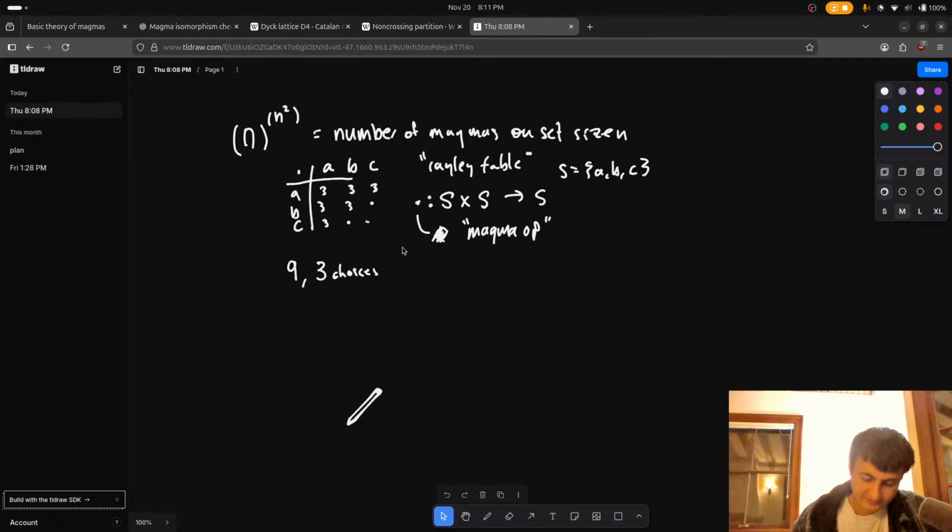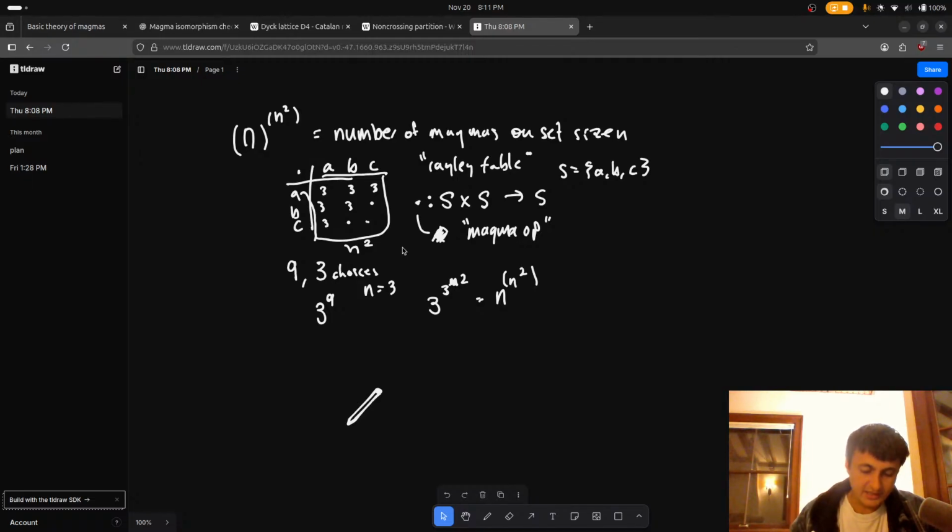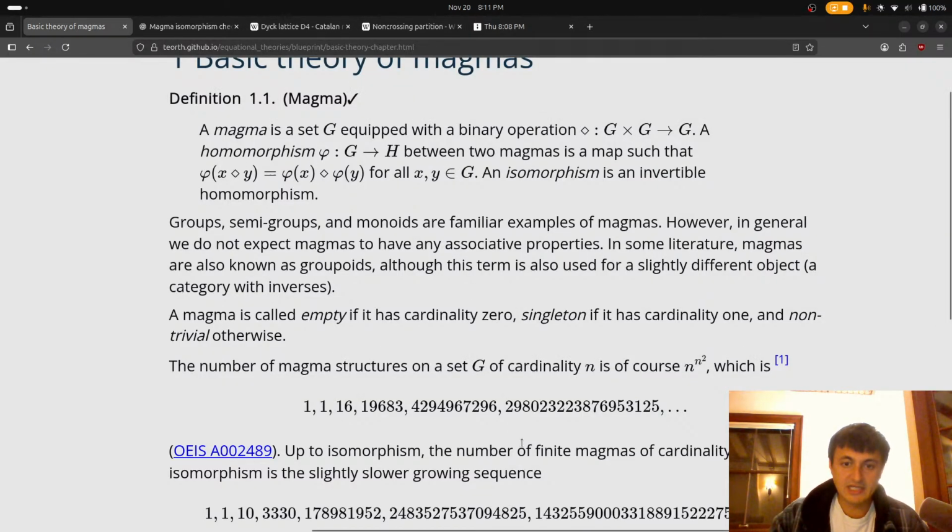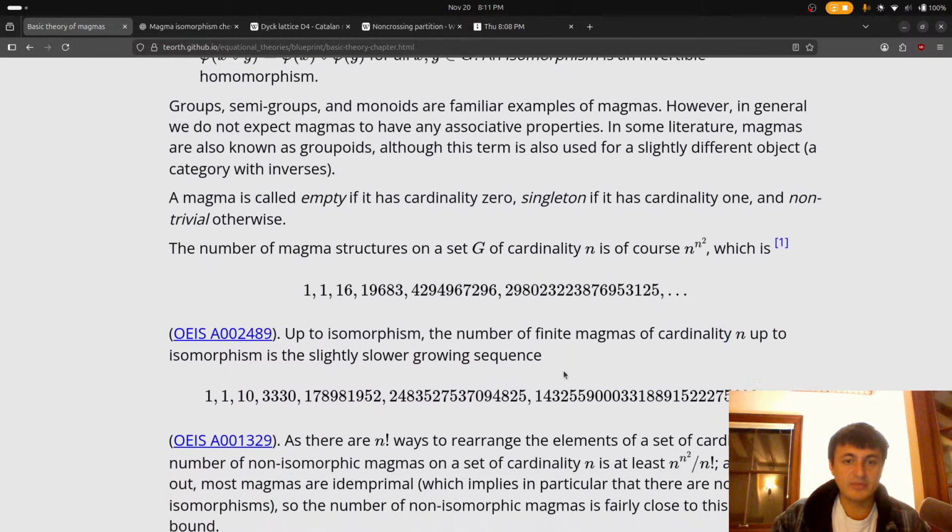So that means that we're going to have 3 to the 9. n is equal to 3, so we have 3 to the 3 squared. So this is the n to the n squared. All right, pretty basic, right? Because you have n up here, you have n down here, thus you have n squared in here. This is n squared. So then you have for each n in n squared... Anyways, so there's the derivation of that. That was really simple. And it's nice that they basically spent no time on that because it was pretty basic.